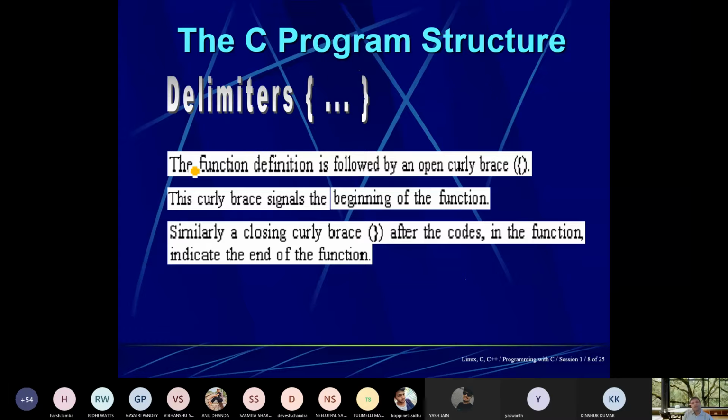The function definition is followed by an open curly brace, and the curly brace signals the beginning of the function. It is the beginning of the function and also the beginning of the block. Similarly, a closing curly brace after the code in the function indicates the end of the function. So this is the beginning and this is the end of the function.